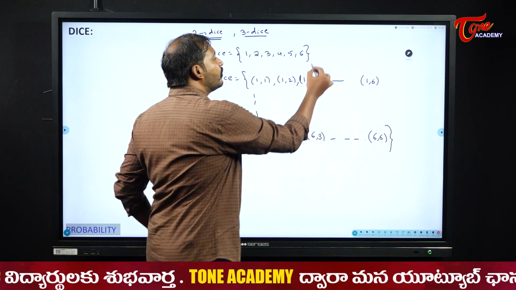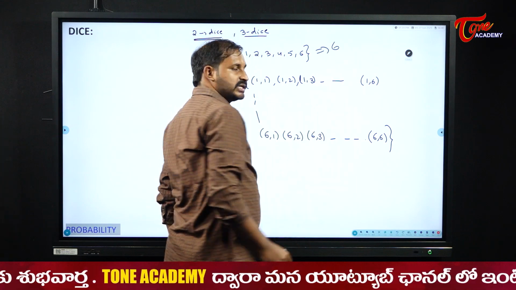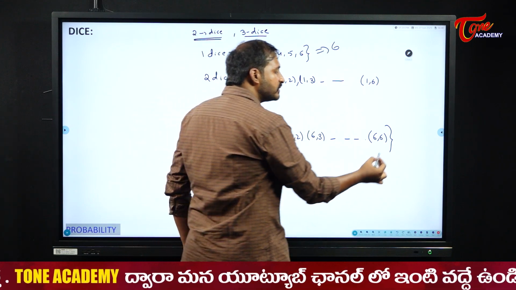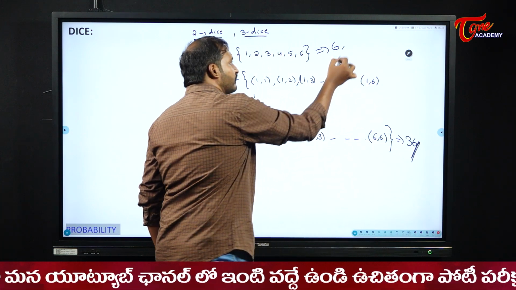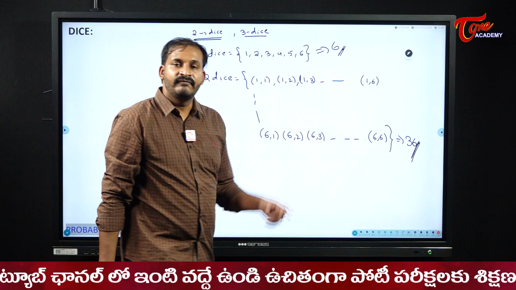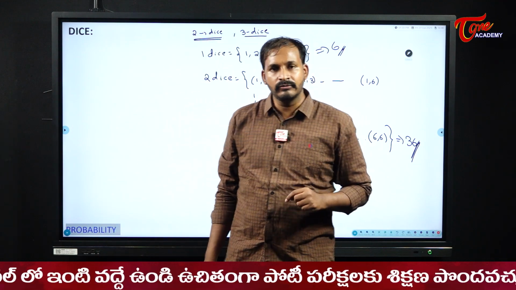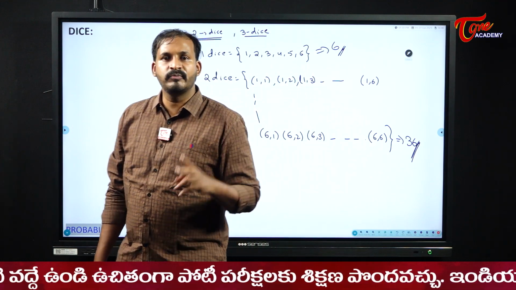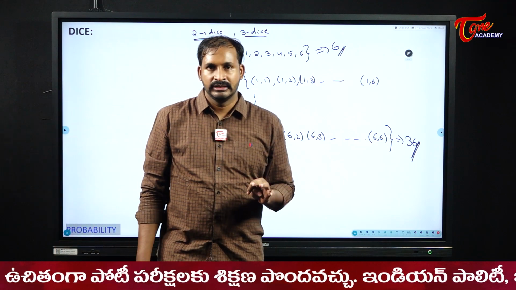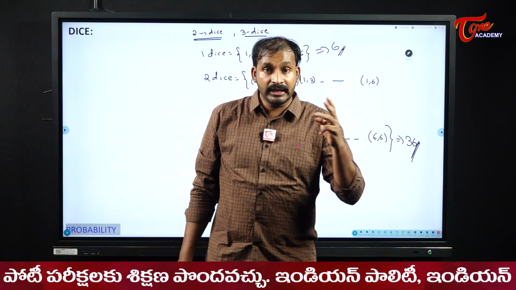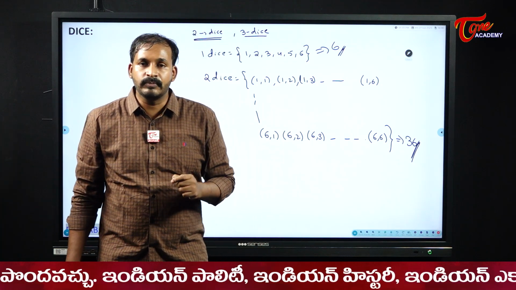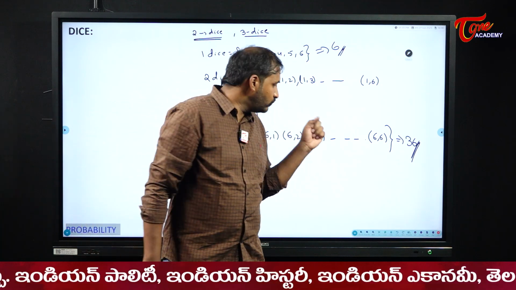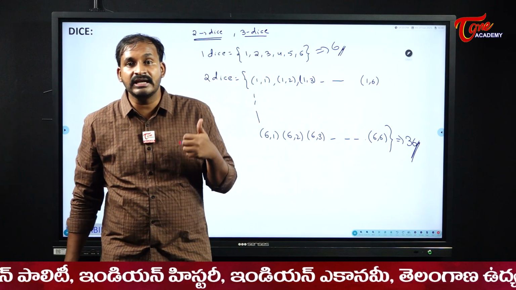So here, how many outputs do we get for one dice? 6 outputs. And how many outputs will we get overall for 2 dice? We will get 36 outputs. Now please observe carefully, similar to our coins. For one coin, how many outputs do we have? 2 outputs: head or tail. Now, when one dice is thrown, the possible outputs are 6. When 2 dice are thrown, the possible outputs are